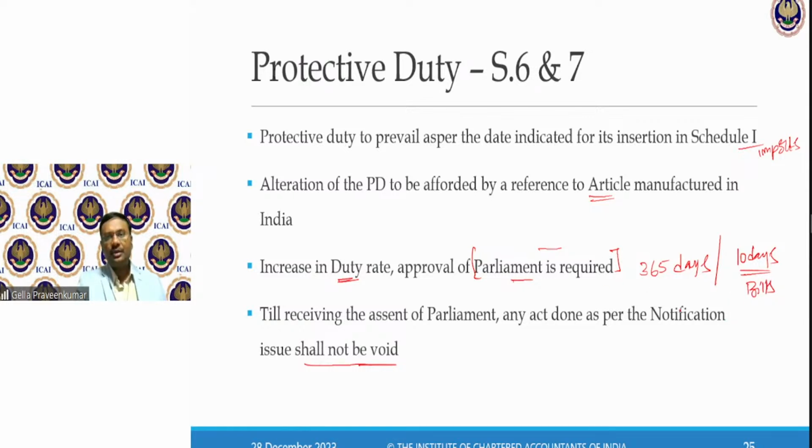Just because Parliament has not approved a particular notification, no one has a right to challenge saying that it shall not be valid. So here, customs authorities have enough powers to levy what is called protective duty. However, it is their duty to put it back to Parliament to get approval from both the houses.